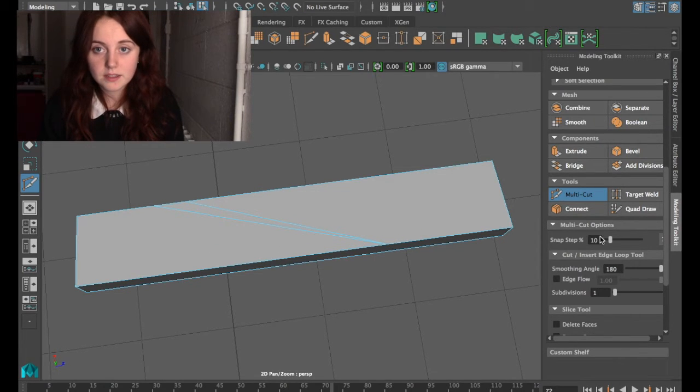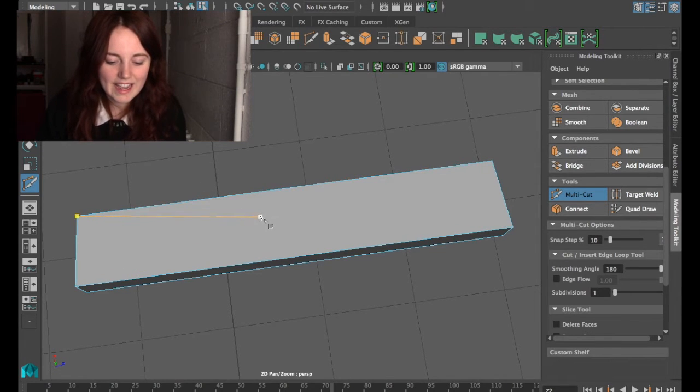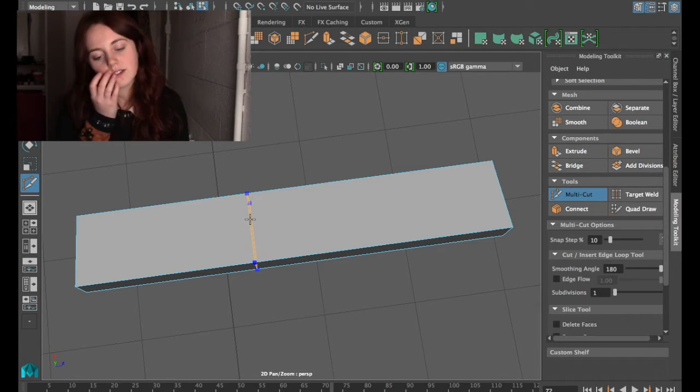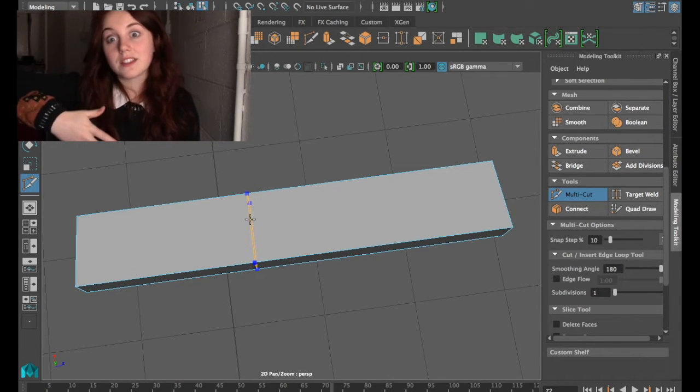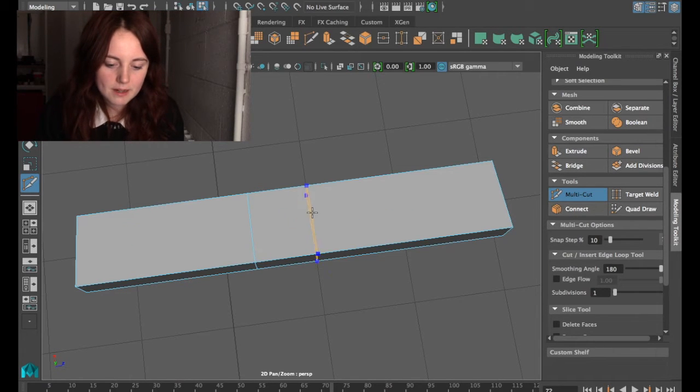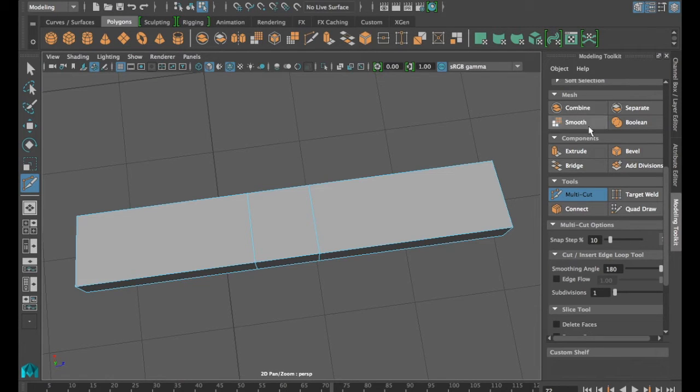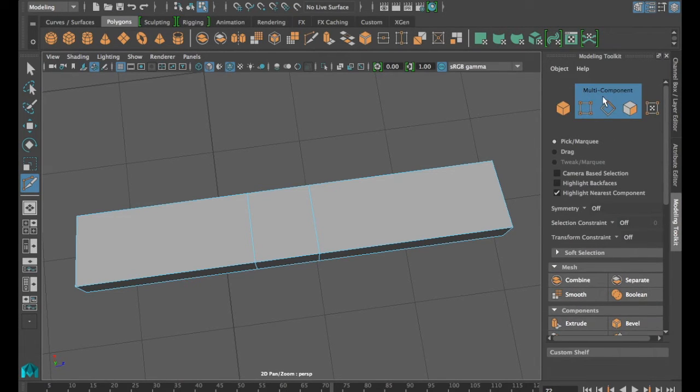I don't personally want that, so I'm just going to Control Z. Oh, I don't want to do that. Control Z, hold down Control. So I want to make kind of a broken step. It's like cracked in the middle, like someone has fell down the stairs and broken it. So I'm going to make two of these, and then what I can do is choose to